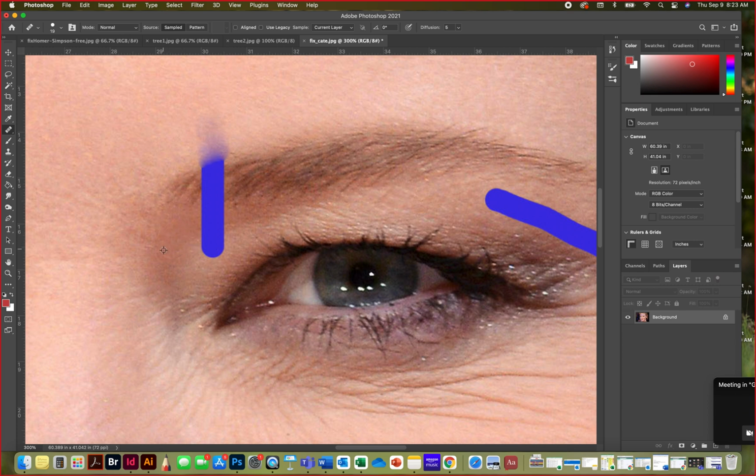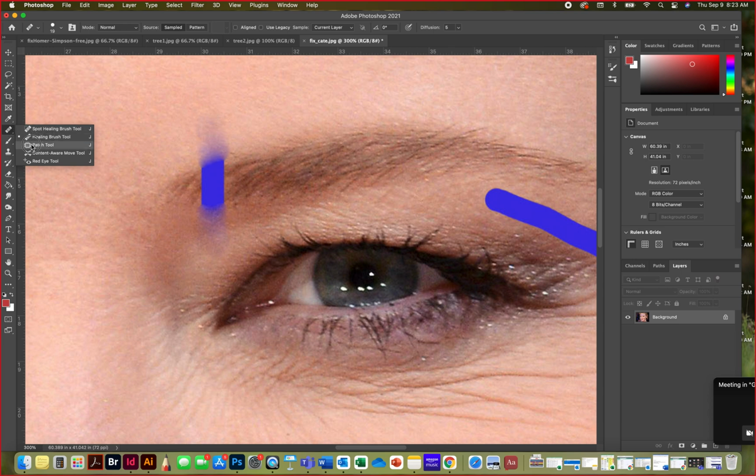So I'm going to Option click now down here because this part of the blue is a different texture and color and tone. This is a grainier look. So you're really analyzing the picture. All right, it's kind of working. It's kind of doing its thing, so I'm going to go with it for now. A little bit is better than nothing, right? Kind of like you're almost doing makeup. It takes a few extra steps, okay? So if I keep Option clicking and then painting it in, it's getting there. It's looking like a bruise. All right, maybe there's another